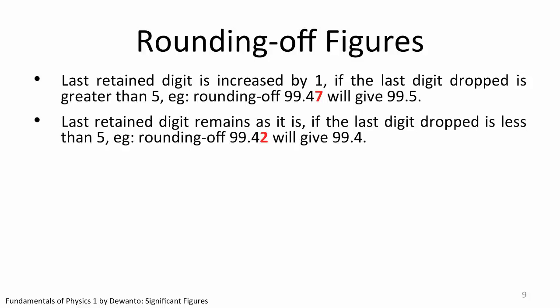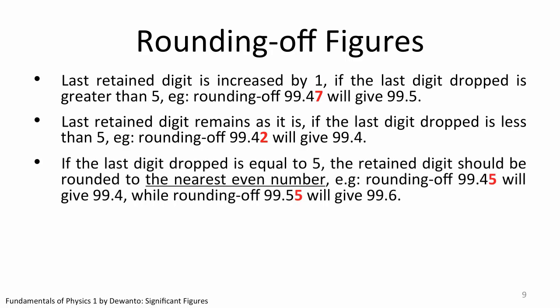From 62.6465 to 62.6 meters square, or from 138.251 to 138 cm, this involves rounding off numbers. I'm pretty sure that you guys are familiar with these first two and most obvious rules. Anything that larger than 5, round up, and anything that is smaller than 5, round down. But what happens if the last digit to be dropped is exactly 5? Well, in that case, the wisdom is to round the retained digit to the nearest even number as given in the examples.